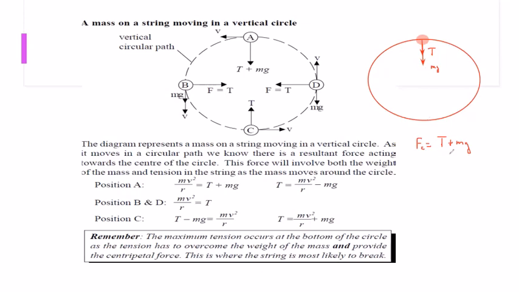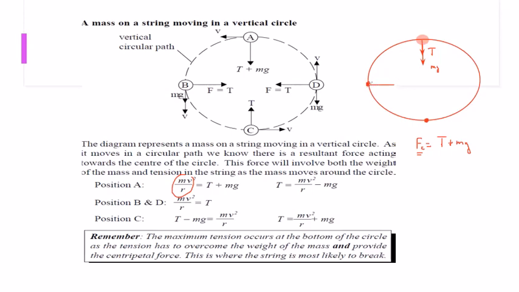Because the weight of the object is acting down, and the tension, the force from the string, is also acting downward. So both give a resultant force towards the center. As a result, the resultant force is the centripetal force. So I can say Fc, or mv square over r, is equal to T plus W. But if the object is at position B,